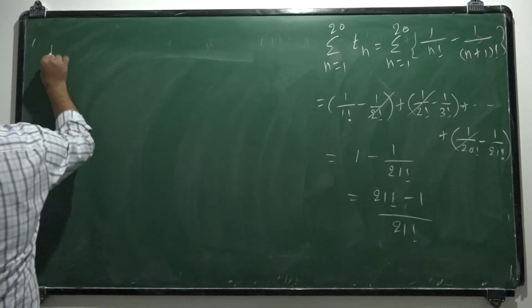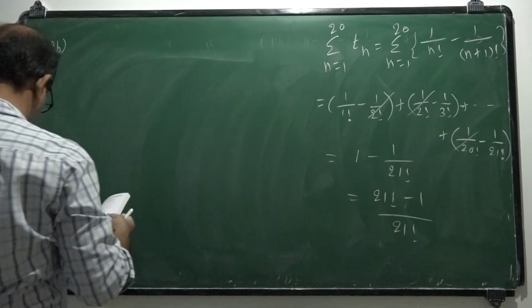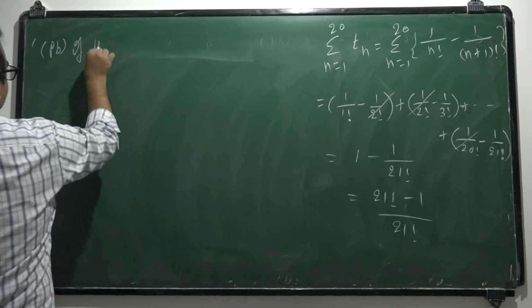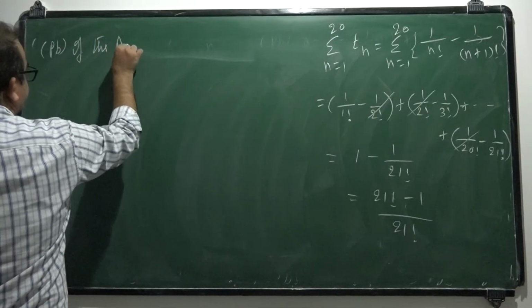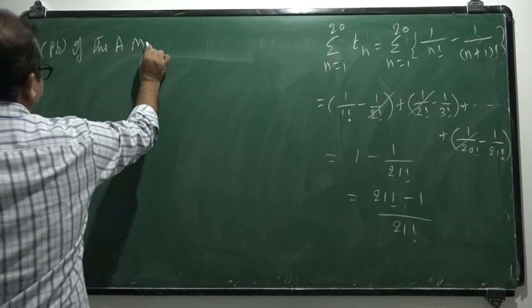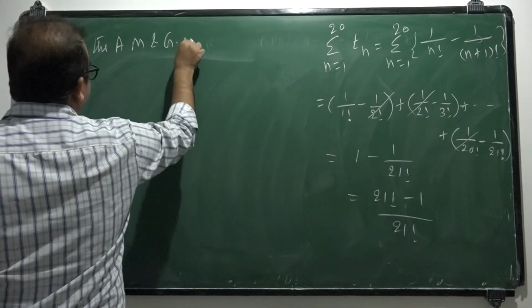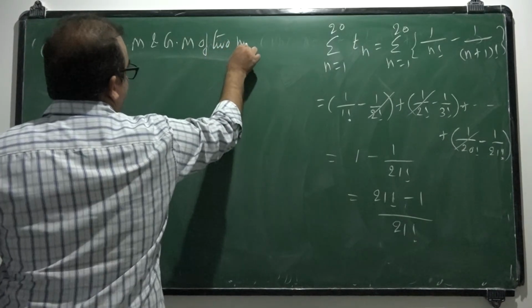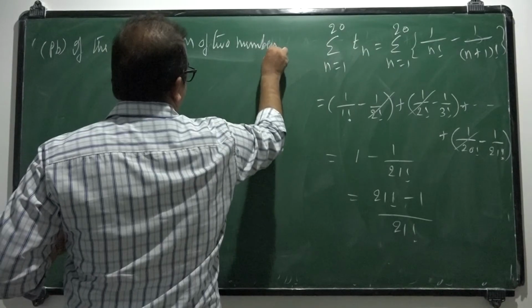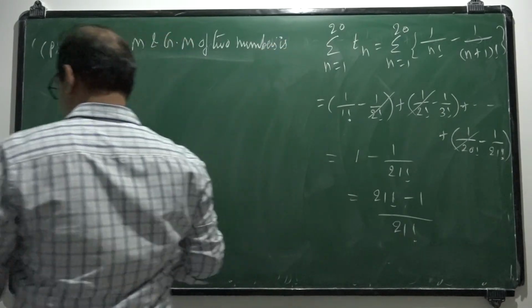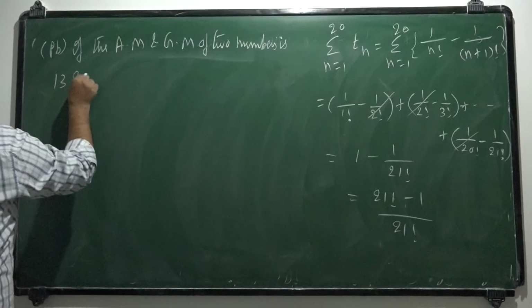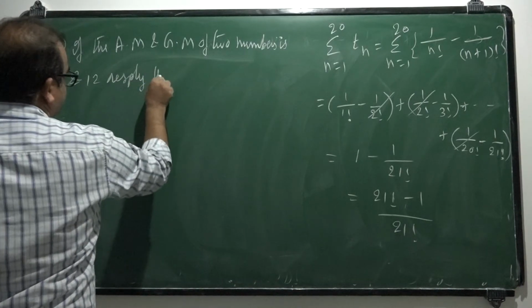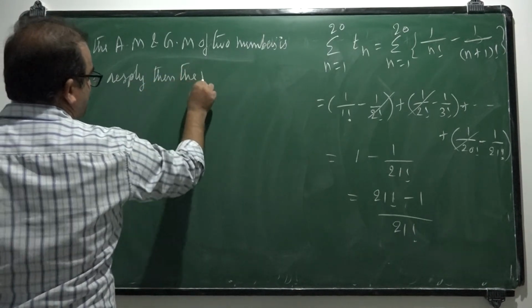Next, if the arithmetic mean and geometric mean of two numbers is 13 and 12 respectively, then the numbers are